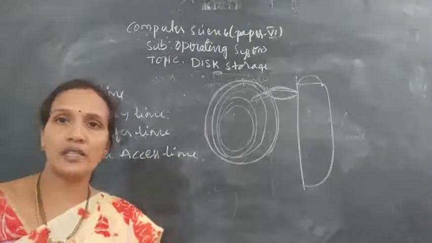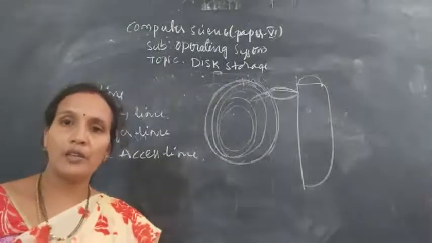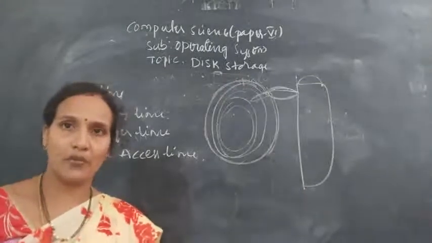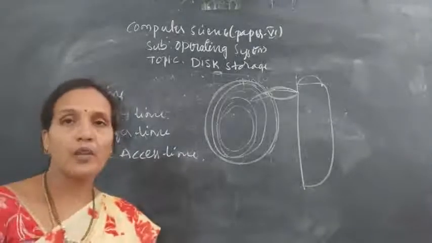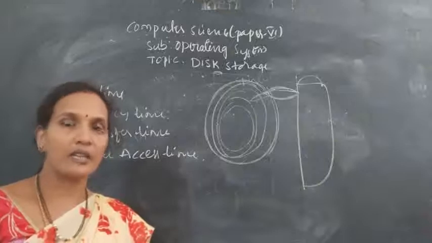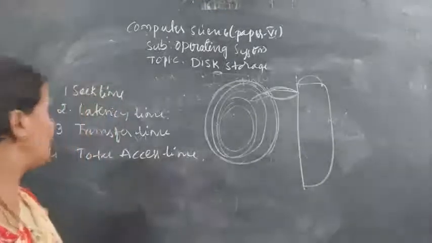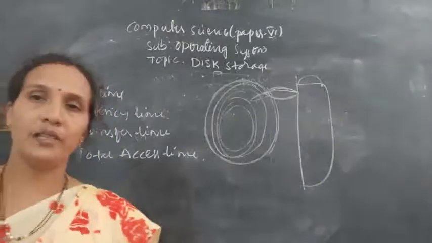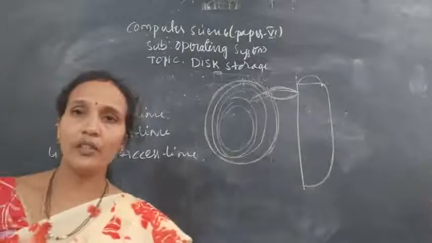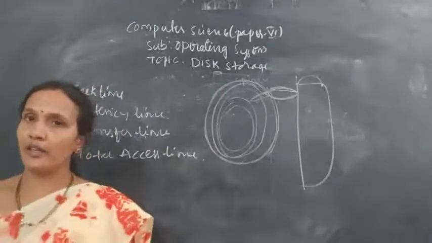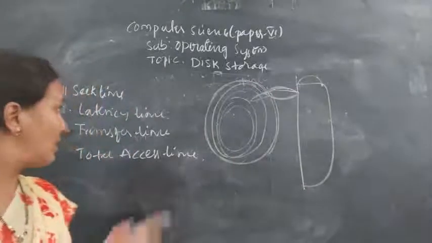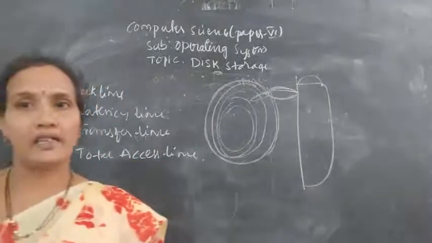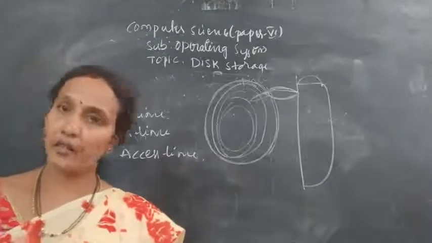What is the total access time? It is the sum of latency time plus seek time plus transfer time. That is the total access time of the hard disk. Whenever you are reading or writing any content to the hard disk, you need to see the total access time. If the total access time is less,